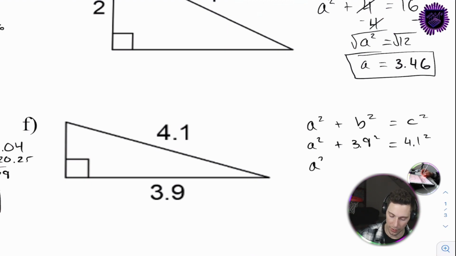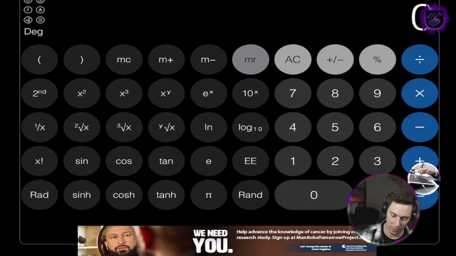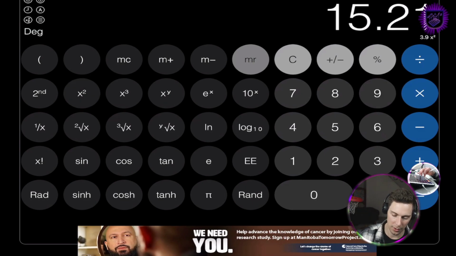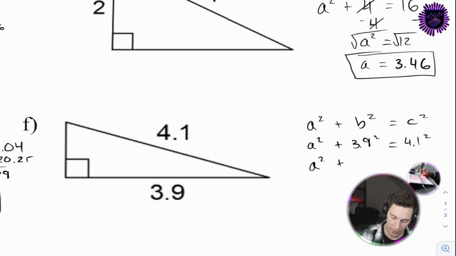So a number squared, plus, what's 3.9 squared? 3.9 squared is 15.21. 15.21 is equal to,